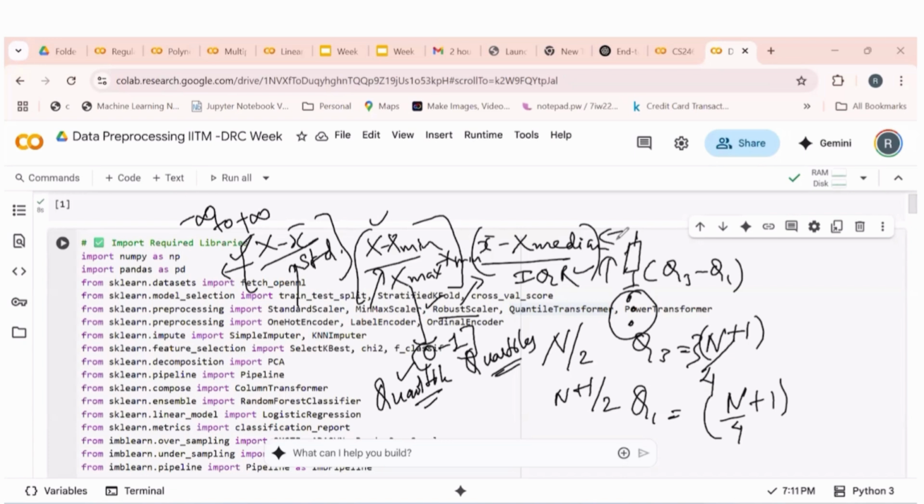Mani, you got it? Till these three, all clear, when to use what kind of scalar? That's fine. I think I got